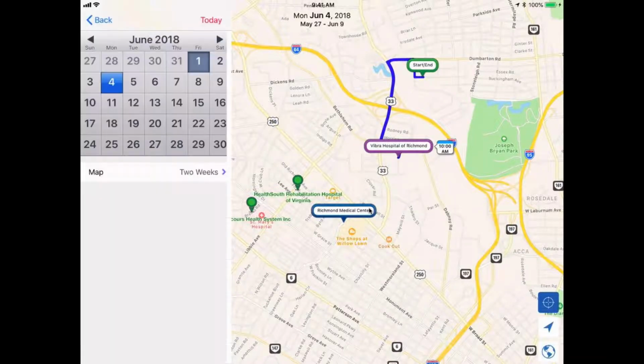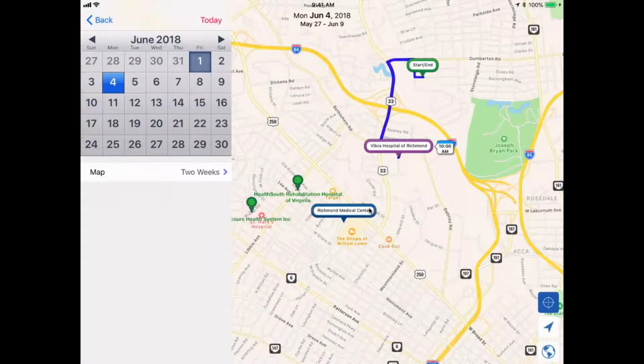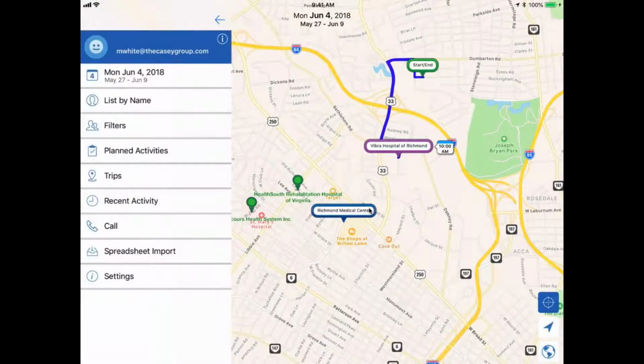So right now, Marianne on her screen actually has a calendar appointment with Vibra Hospital of Richmond, and that's noted by the blue icon with the 10 a.m. So Mapview will sync in every calendar appointment you have, as long as the calendar is syncing with the application.